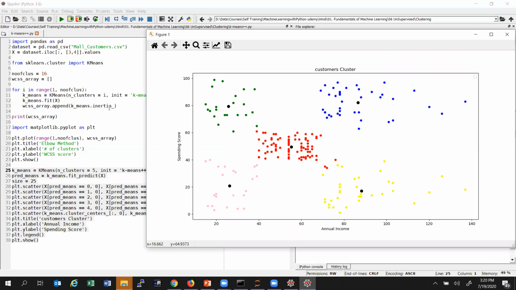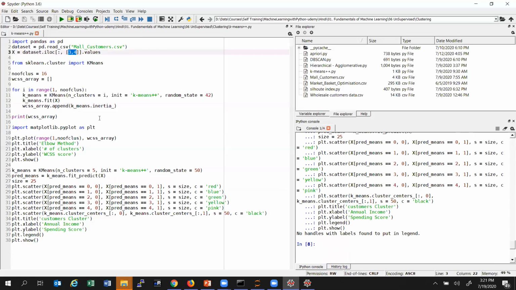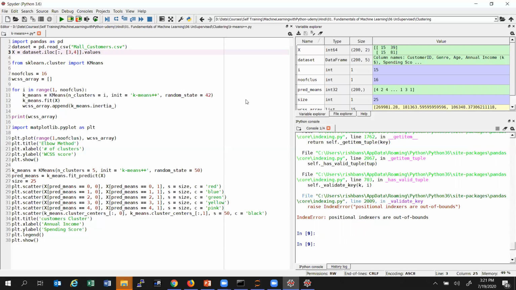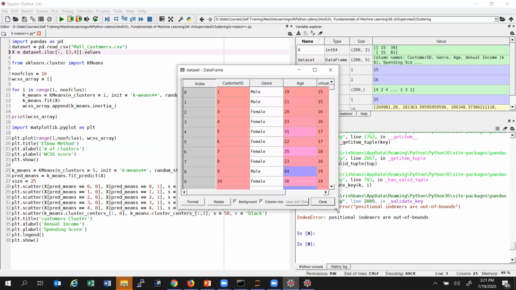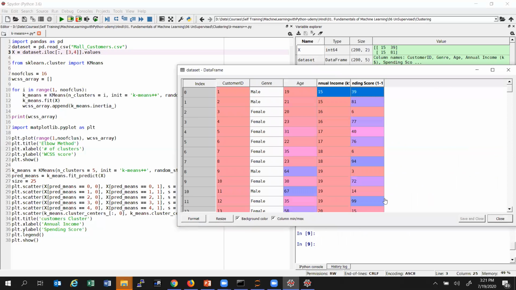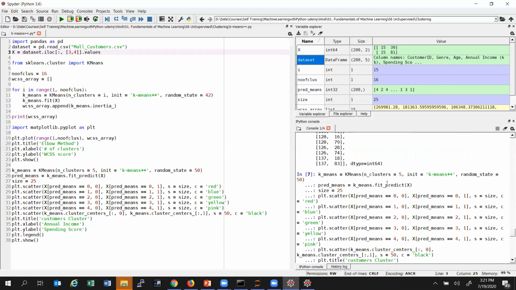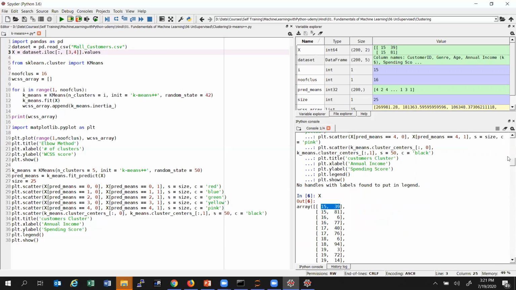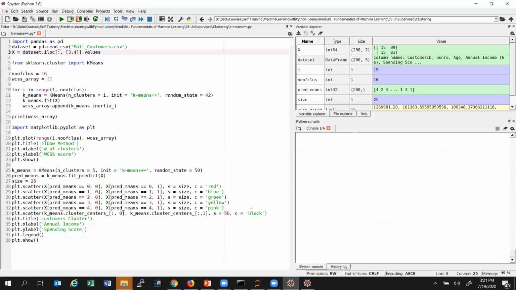There's a little bit of problem here. I think you need to select 4, 5. Let me just cross check this once. No, it is 3, 4 only. Yeah, 1539 was the first value. So 1539, yeah, it imported correctly. So this is how a scatter plot works.